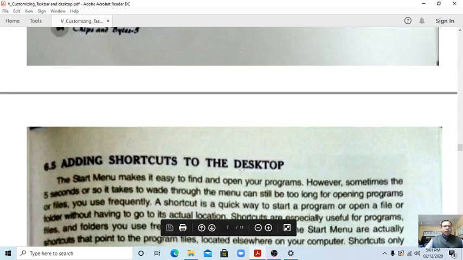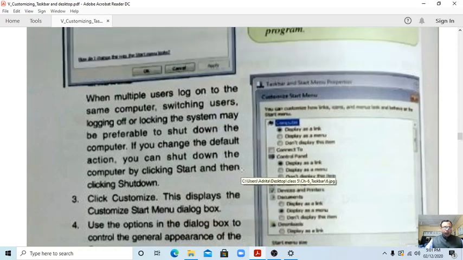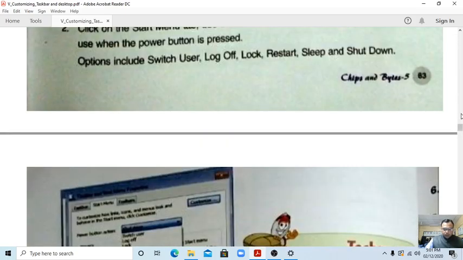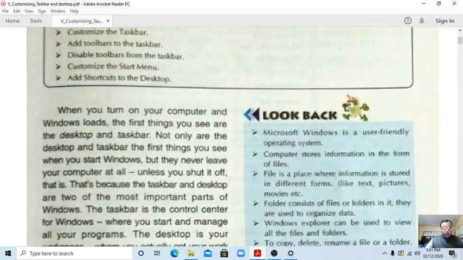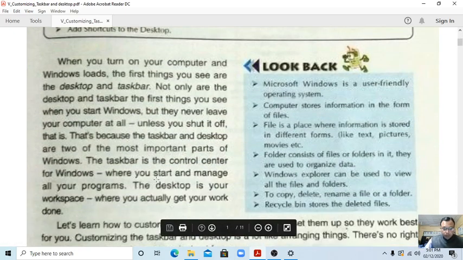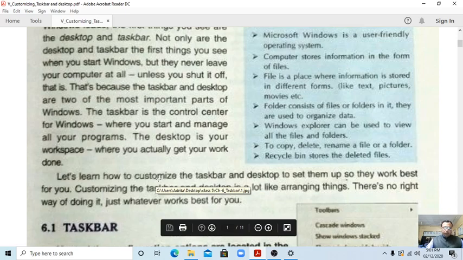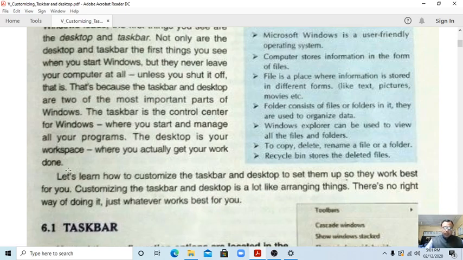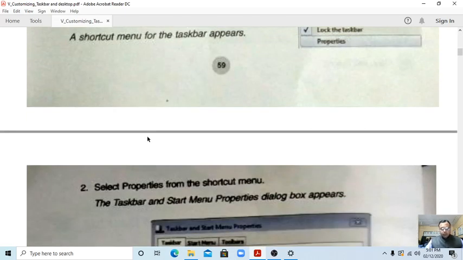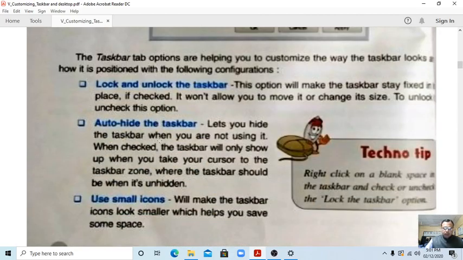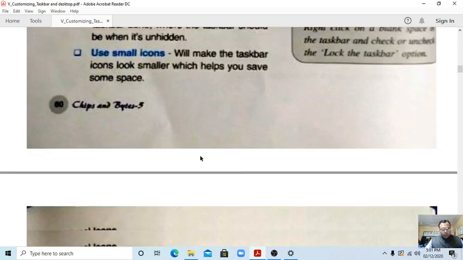Students, till now, whatever we have discussed today: what the use is, what the main parts of Windows are. The main parts are the taskbar and the desktop. The taskbar is the control center and the desktop is the workspace. How we can customize the taskbar, we have discussed: lock and unlock taskbar, auto hide taskbar, use small icons, whatever.